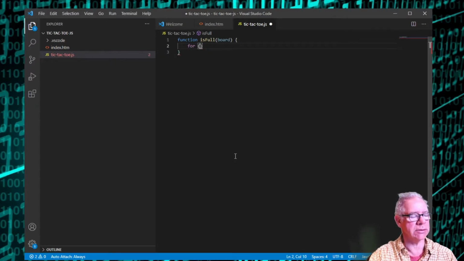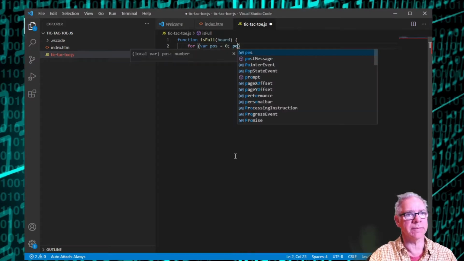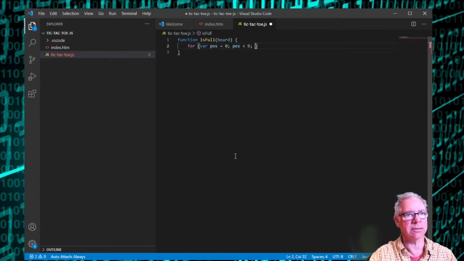And so we'd say we're going to loop this position variable. We just write a very simple for loop, and if the board at that position is not equal to 0,